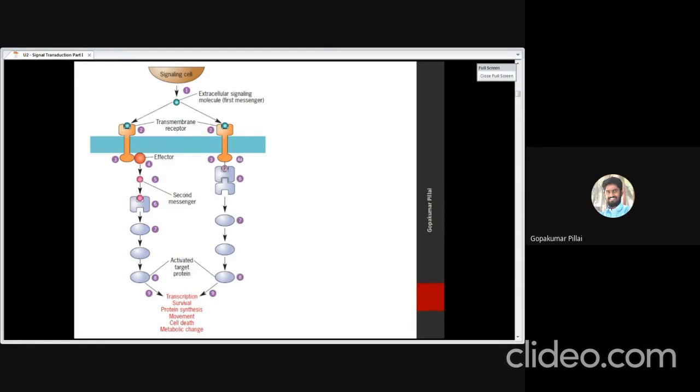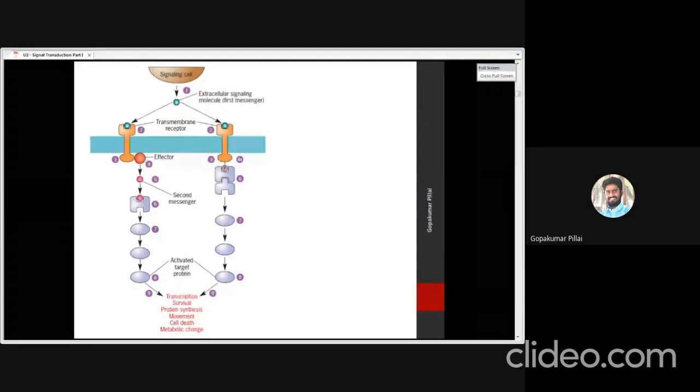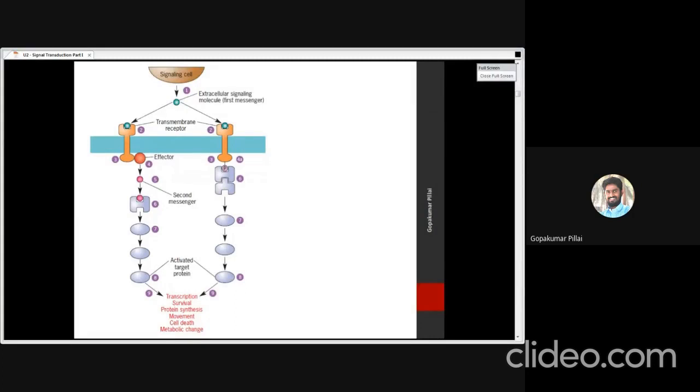I believe you are all noting down what I'm mentioning. So the extracellular molecule is called the extracellular signaling molecule, or also called a ligand, or also called the first messenger. Now, this molecule is of great importance here because this is the one that is going to transmit the signal further to the other cell. It is released into the extracellular space. Once it is released, the other cell which needs to interact with this particular messenger should have an appropriate receptor